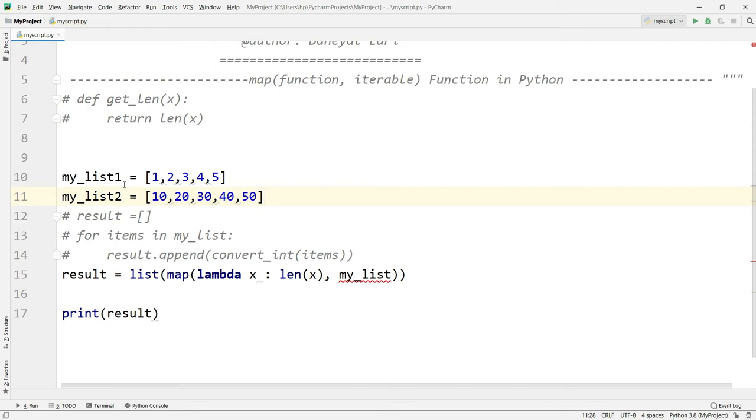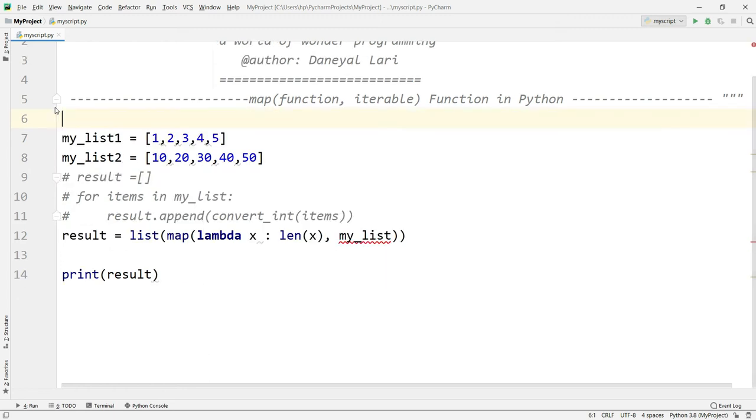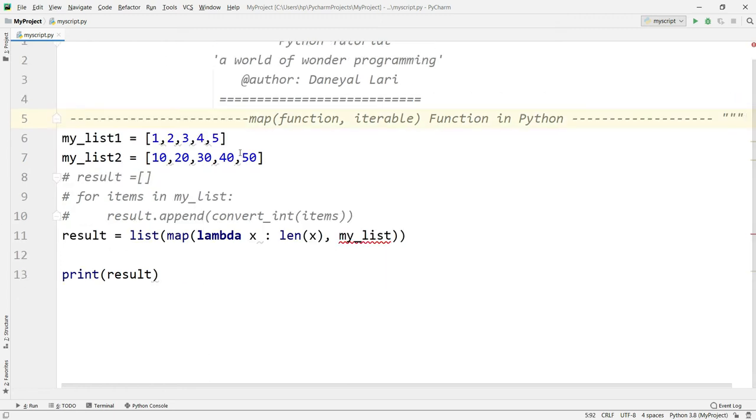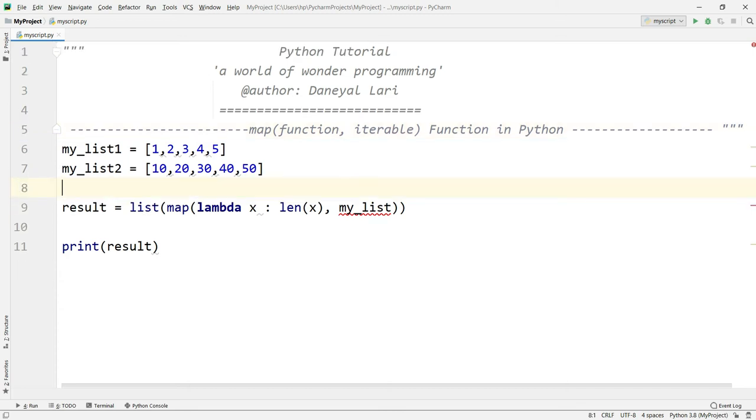So what I'm going to do, I want to perform an operation where the first list's first value is added to the second list's first value. After that, the first list's second value is added to the second list's second value, and so on. And after that, I should get the addition of all the elements. So how can I do this? Just look here. I'm not going to write the traditional function. I'm going to use lambda. Let me delete this one, this will make the code clear.